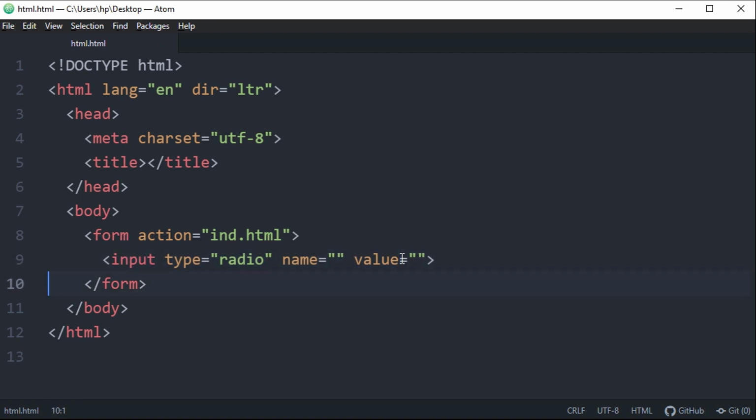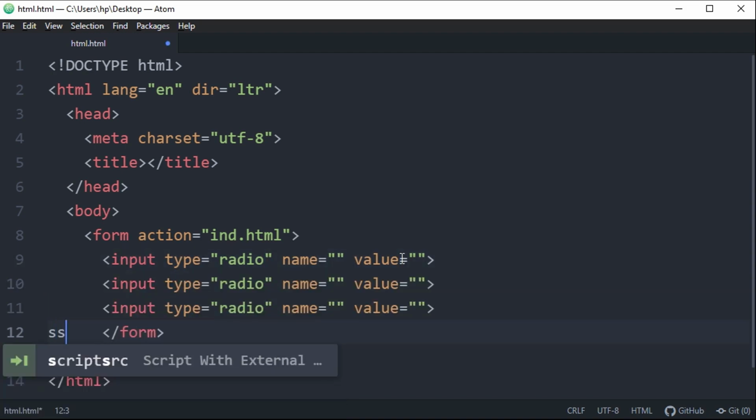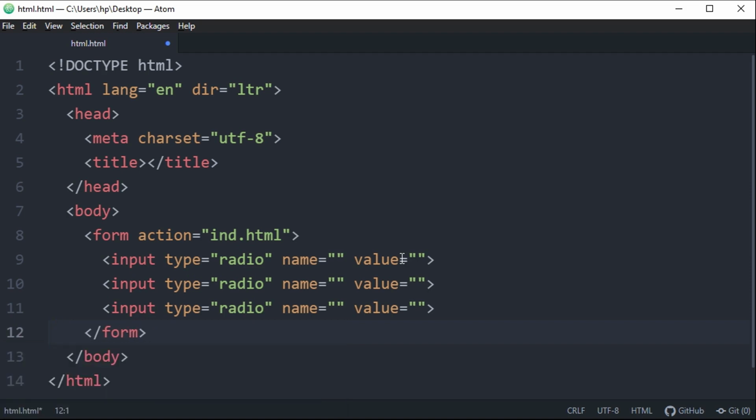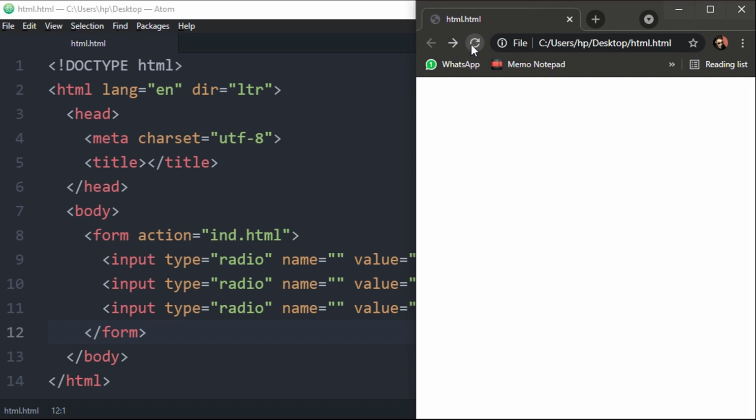What does input radio do? Let's see the result I've saved. There you go. You're getting three circular dots, and when you click on them they get selected. These are the radio buttons.